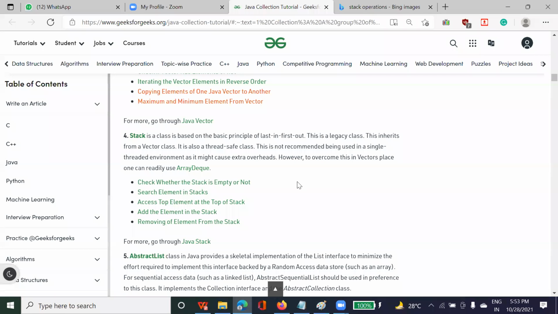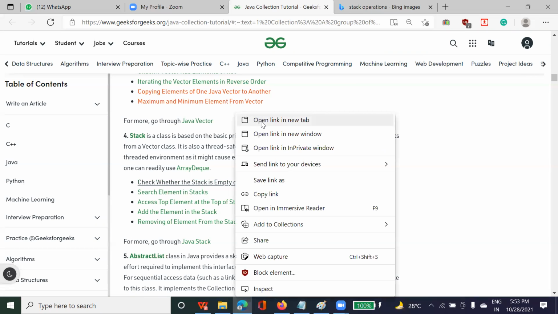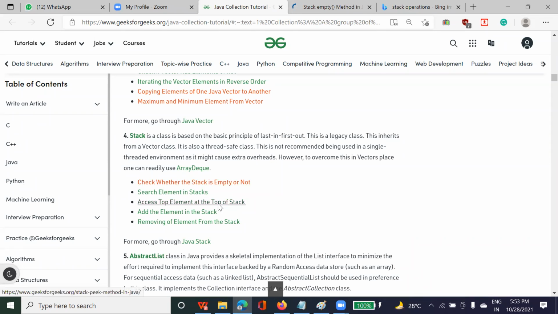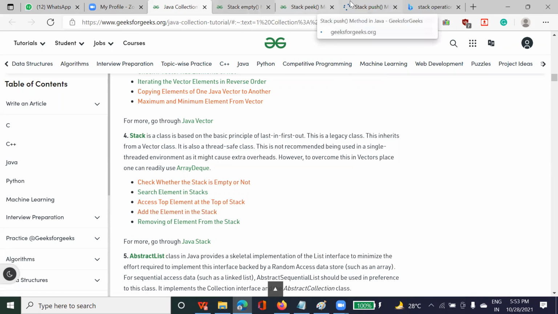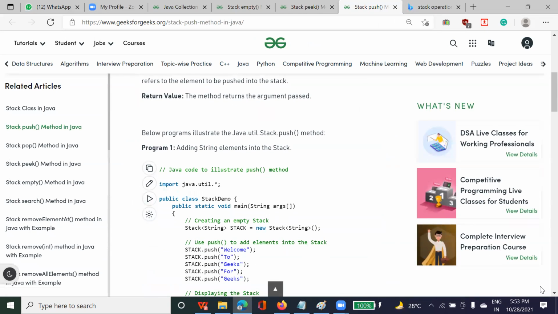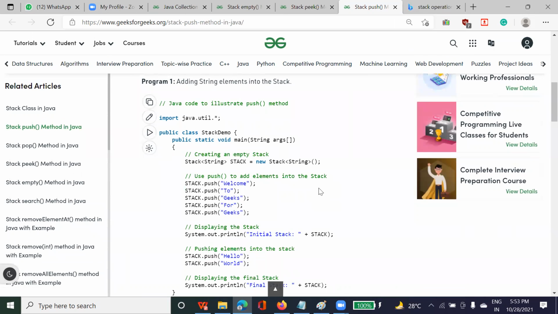Internally the stack works in this way. Now how can you perform an operation, whether the stack is empty or not, how can you access the elements of the stack, let's see that. You can see here, in order to create a stack, you write: Stack<String> stack = new Stack<String>. If you remember, the syntax remains exactly the same. In place of a linked list or array list, here you use Stack, and just this first line you need to change. This is completely user defined.